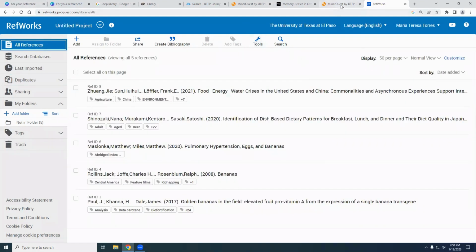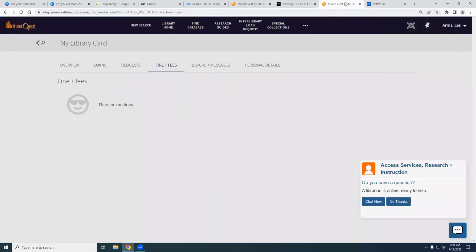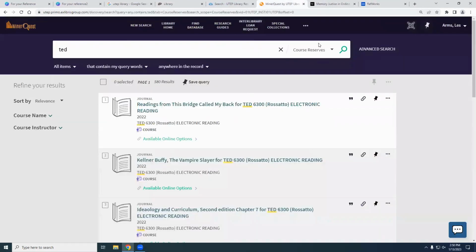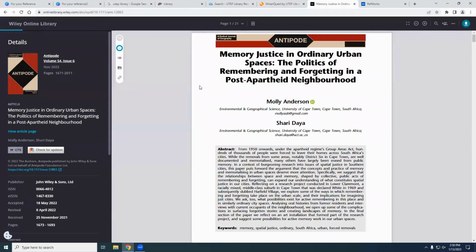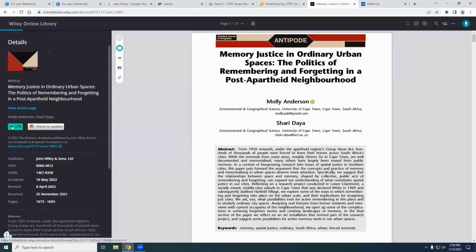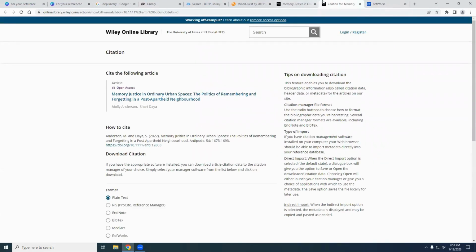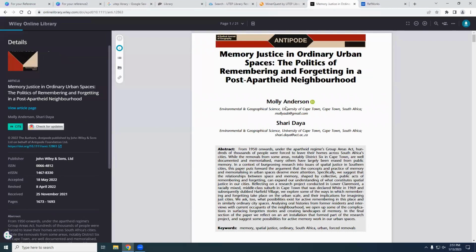So let me go ahead and show you how to push in something from a database. So let me see if there's a way I can do it from here. Okay, yes. So let's say that we pulled up this memory justice one.